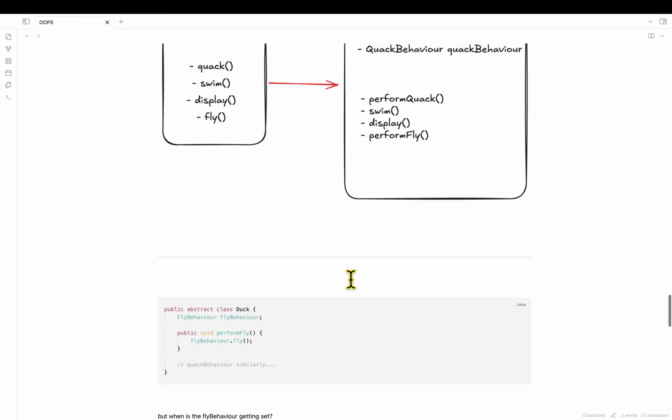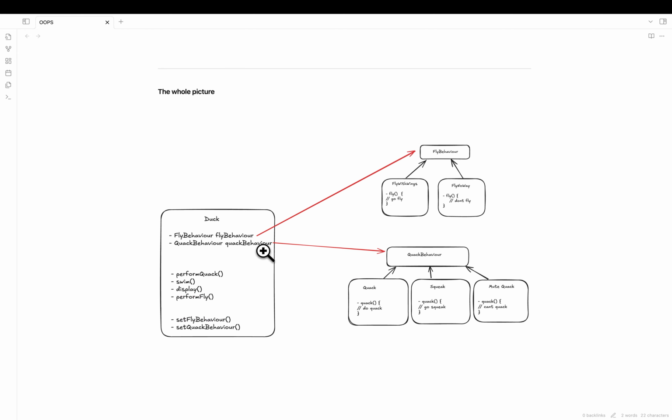Everything goes similarly for quack behavior. So the whole picture is this: we had the Duck class, and we saw which methods vary and which remain constant. Whatever was varying was fly and quack, so we created FlyBehavior and QuackBehavior.